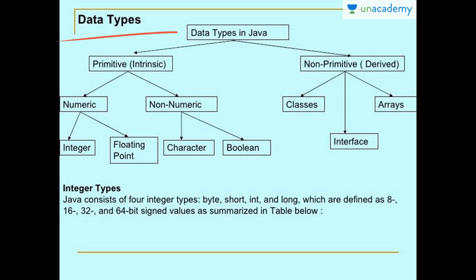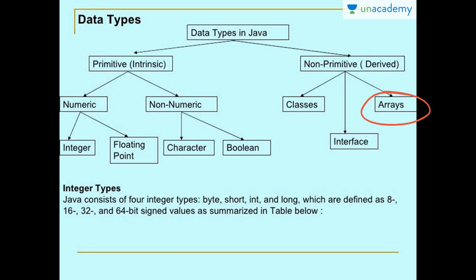Now, what are data types? You must be wondering. These tell the types of values, or what types of data we are storing in a variable. Data types in Java are of two types, that is primitive and non-primitive. Primitives are numeric and non-numeric. Numeric are divided into integer and floating point, and non-numerics are divided into character and boolean. Next is non-primitive. They are classes, interface, array. These three we will study later, but before that we should study numeric and non-numeric.